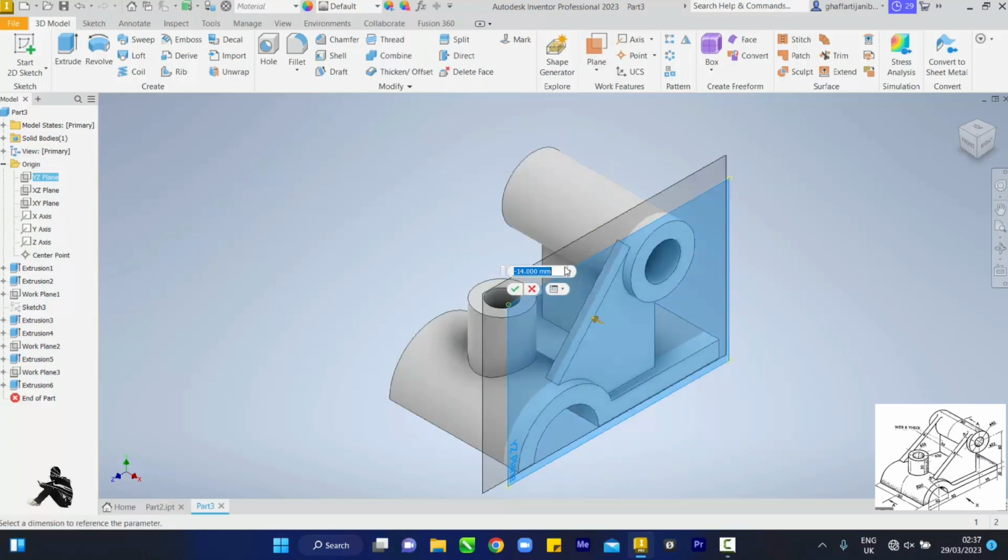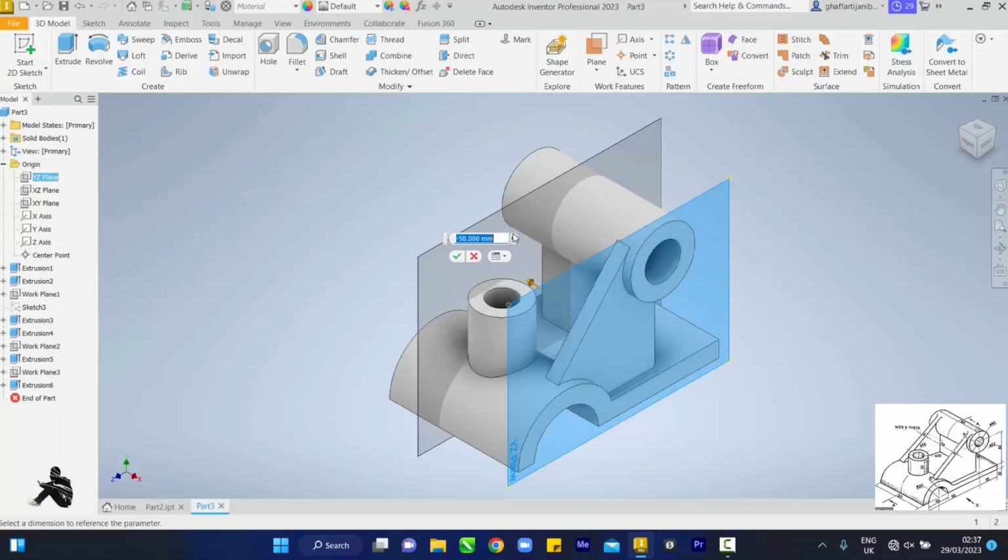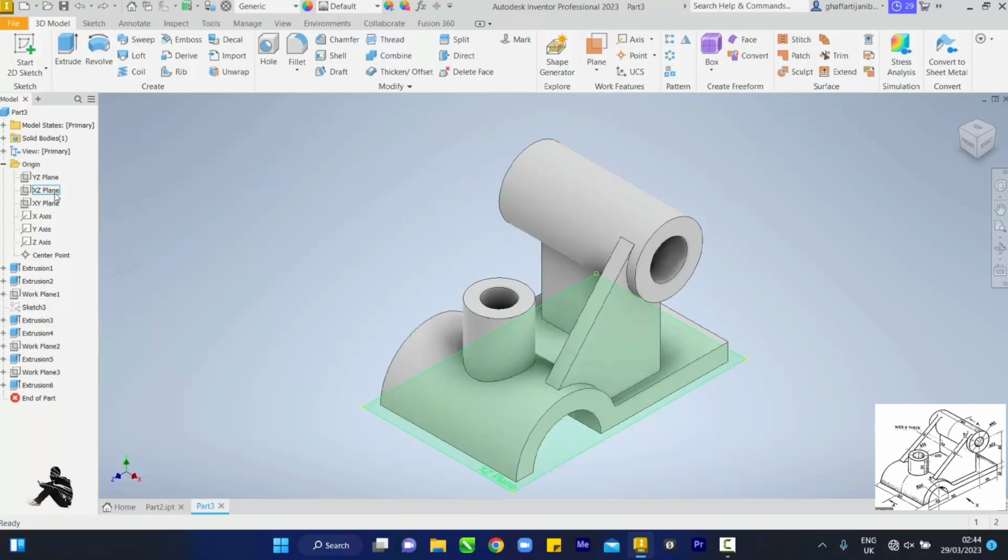What's the distance? If we're going this direction, so we have 5 plus 8 plus 54 equals 67. So we are putting minus 67, minus 67. X will come to our okay, y, z plane, and let's offset it. Offset this direction is okay, negative minus 75, and then let's rotate the